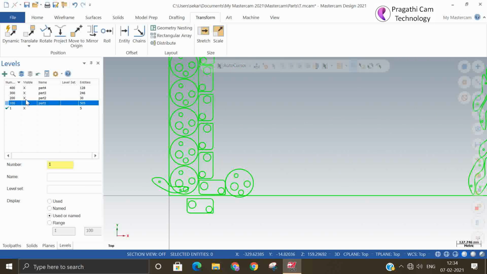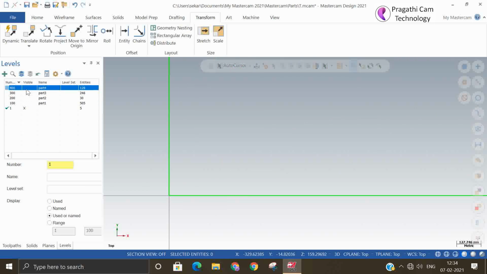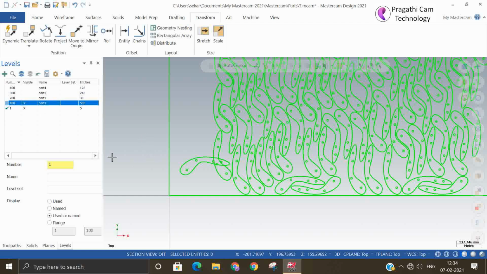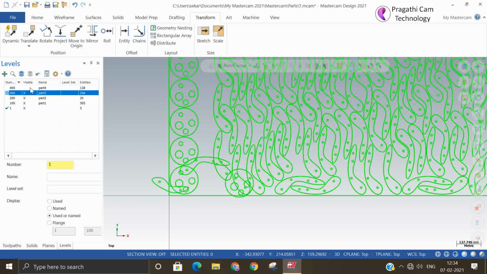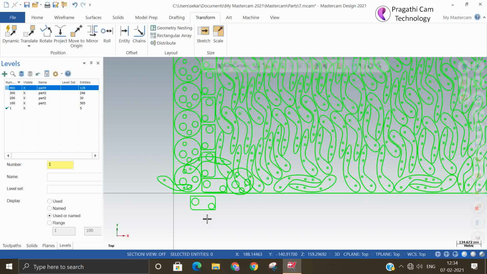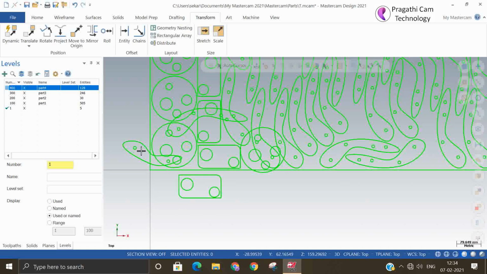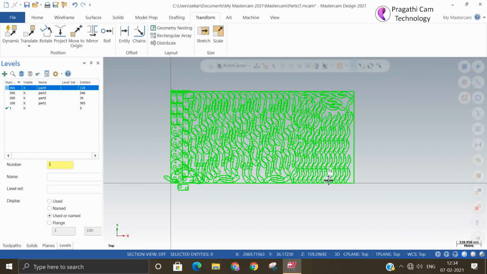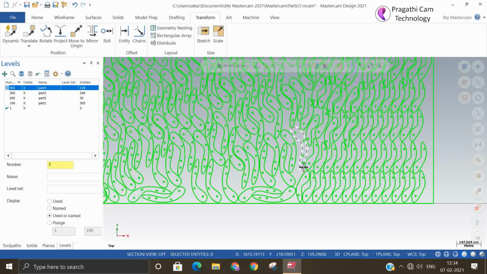So you can switch off all other things except the main level, because it is getting mixed with the layer and other things. Okay, it's better you make it a separate file. It will give a good result to you.